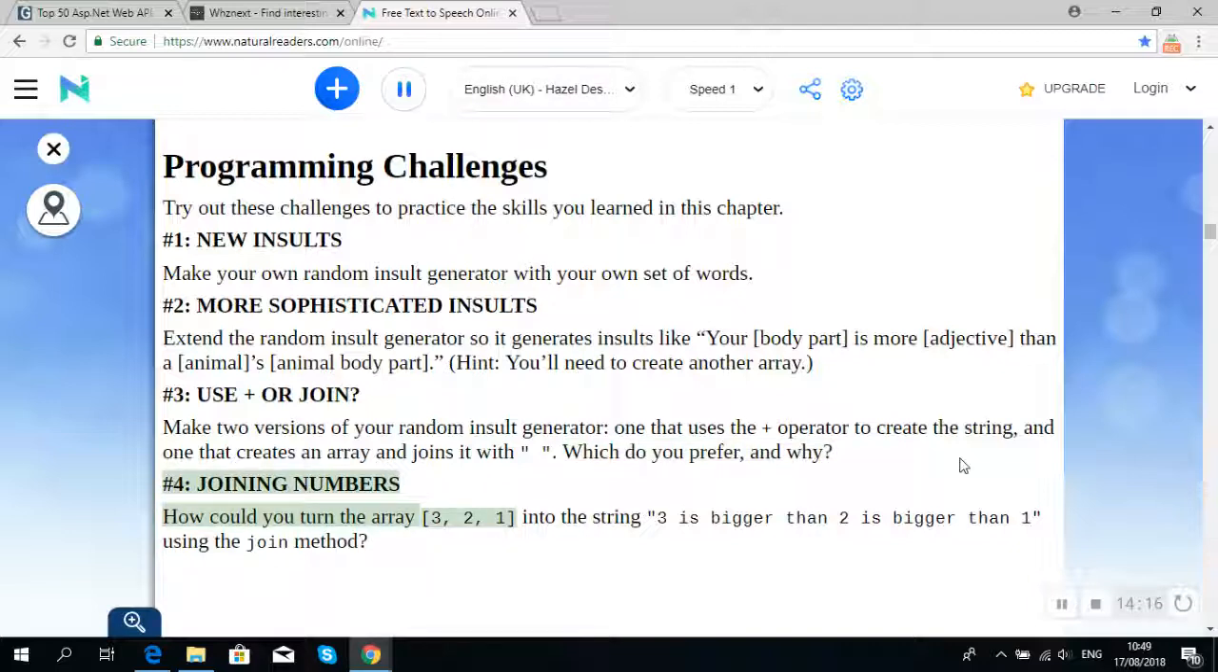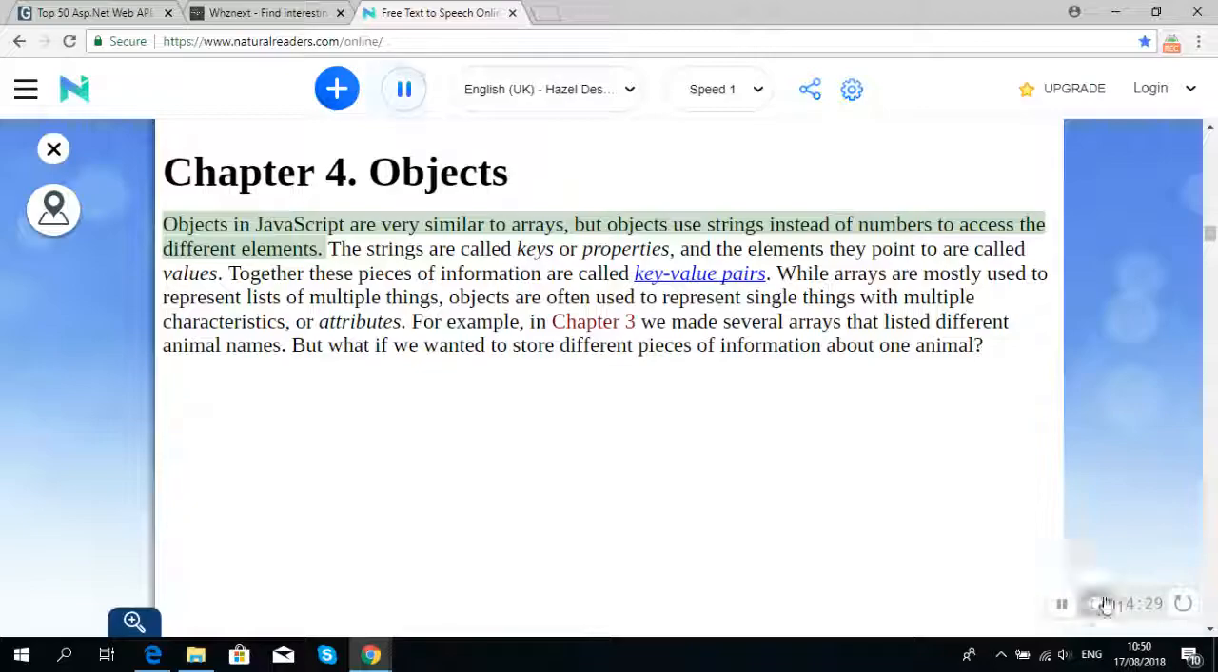For joining numbers, how could you turn the array [3, 2, 1] into the string "3 is bigger than 2 is bigger than 1" using the join method? Objects in JavaScript are very